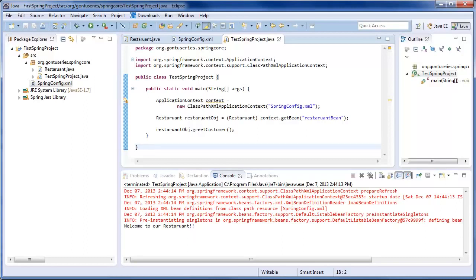In the next tutorial, we'll see a demo on dependency injection concept using the constructor way by modifying the same